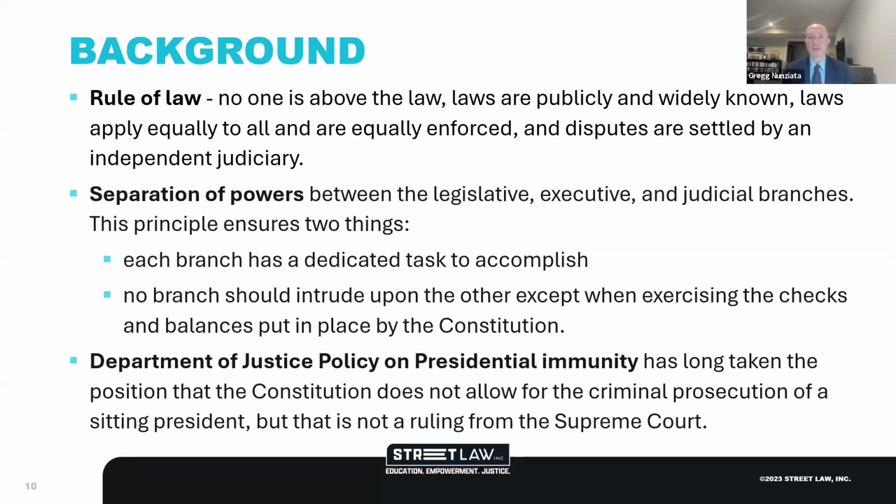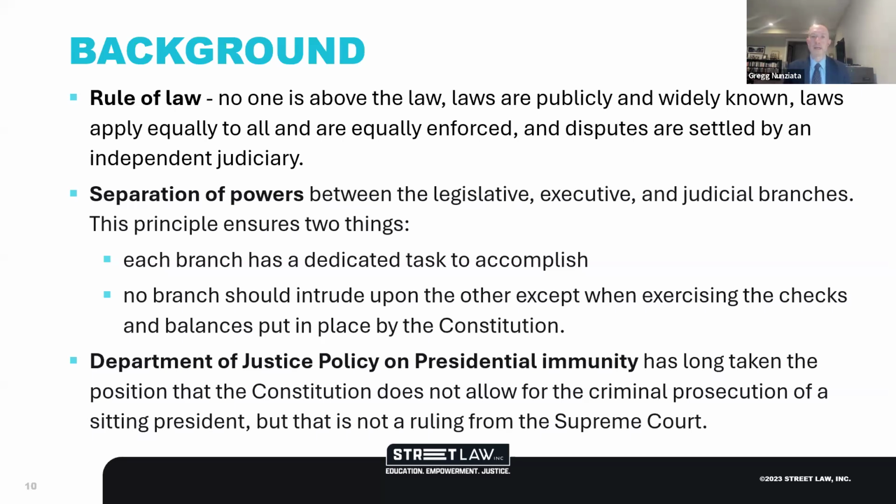Separation of powers, another fundamental issue in this case, and that's how our Constitution is set up with three distinct branches: the legislature, which makes the law; the executive, the president, that enforces the law; and the judicial branch that resolves disputes which arise under the law. They all have different functions, and they are meant to be supreme in their lane. They're equal powers, but they're equal in separate categories. They interact with each other in delineated circumstances in the Constitution that we kind of loosely think about as checks and balances upon each other.